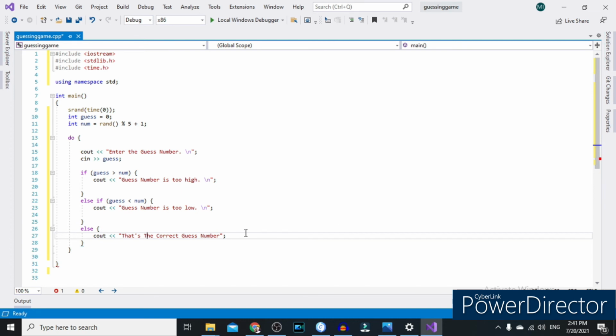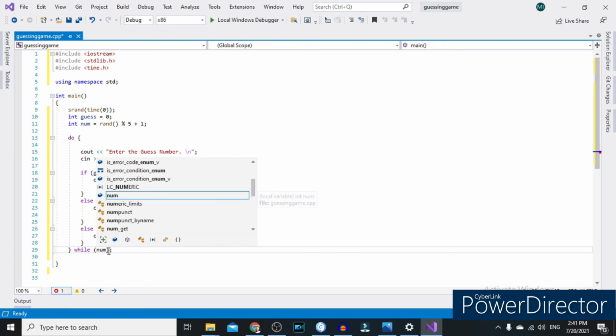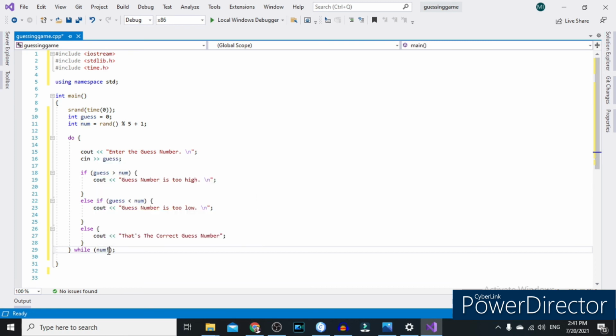That's the correct guess number. So while number is not equals to guess,